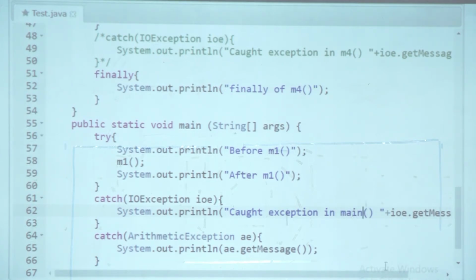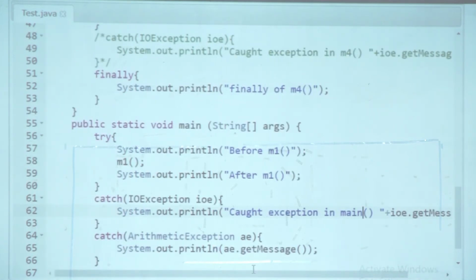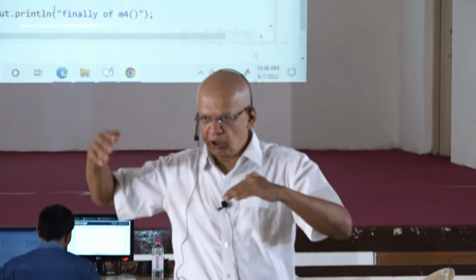Now you have to understand something very important. I will first describe the scenario. There is a call stack, main calling M1, M1 calling M2, M2 calling M3, M3 calling M4. M4 is going to have an exception. What kind of exception? A checked exception.